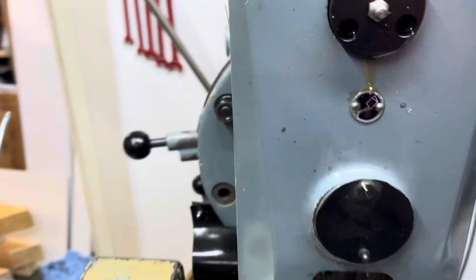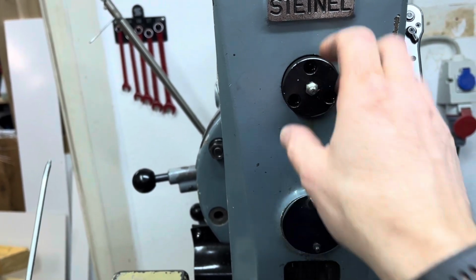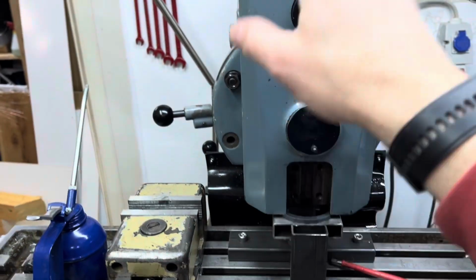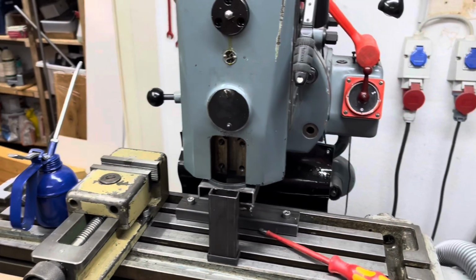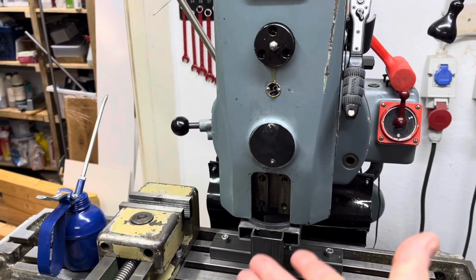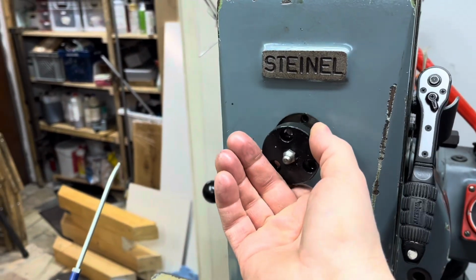Then as the gib is out now, the ram here can move freely, and this here is the connection pin that drives the ram up and down. If I pull it out, the ram would drop down, so I let it rest here on the stand that I built for the vertical head, and gave it some pressure from above to free the pin here from the weight. And now you can pull it out,